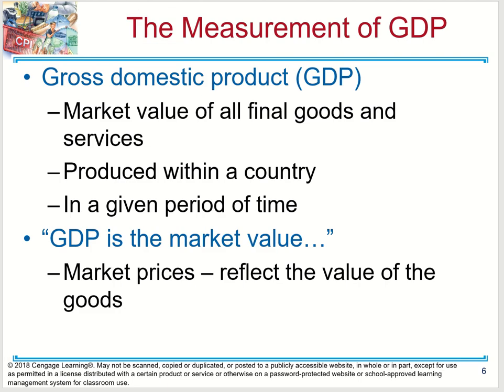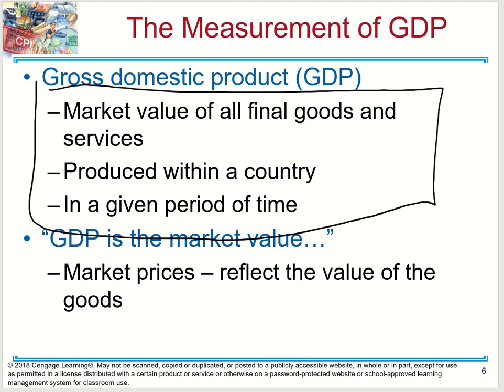All right, so let's look at our GDP. The formal definition is this. It's a very long definition. GDP is the market value of all final goods and services produced within the country in a given time period. So this definition has a lot of components in it. Now let's look at each one. Okay, so first it says GDP is a market value. That means to be in GDP, to be considered as part of the economy, it must be valued by the market. But if nobody cares about it, nobody even wants to buy it, then that won't be part of the